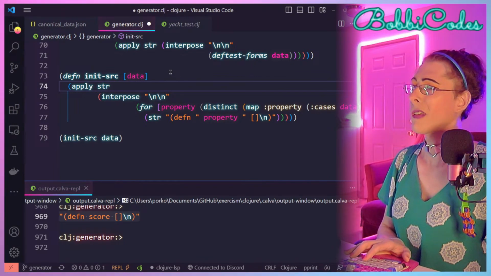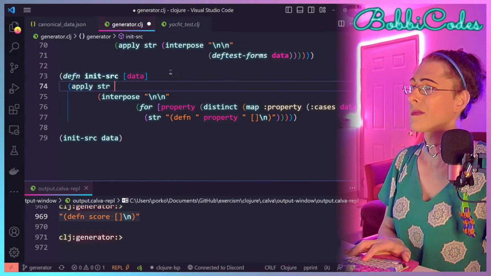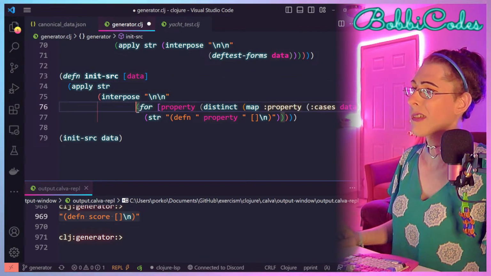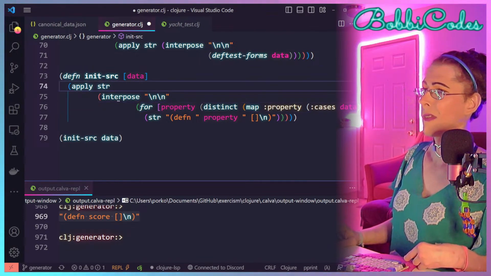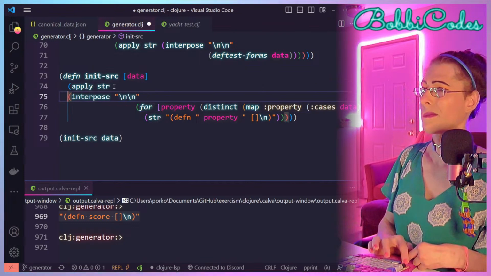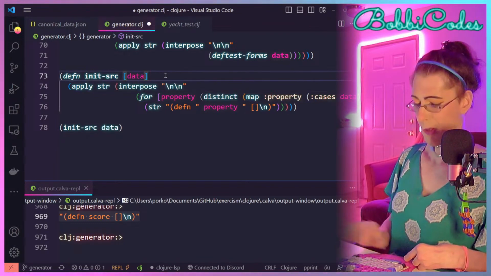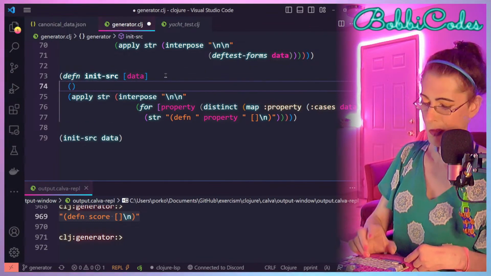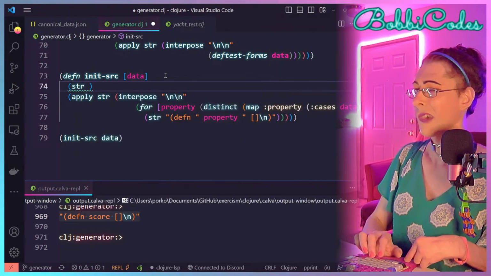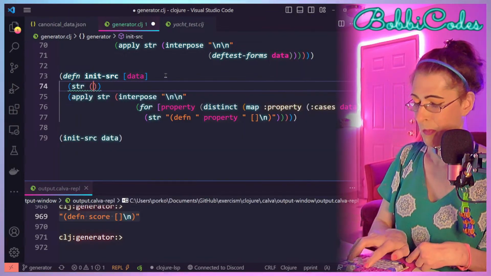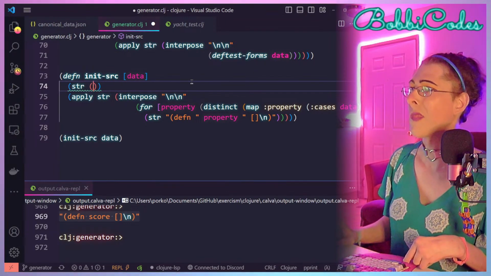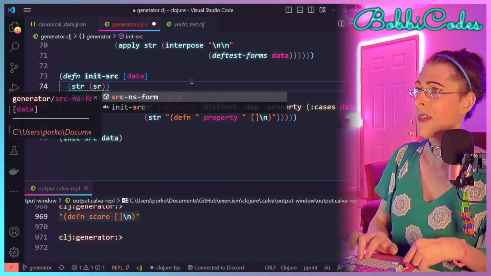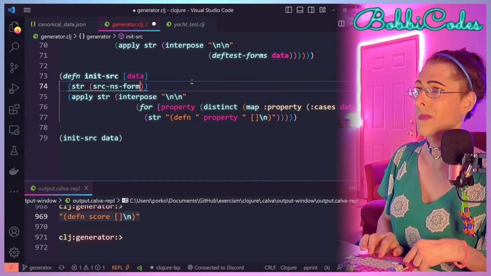Let's see. So that's our sequence. I can just put that here. So we'll say concatenate that with, what's the name of the function? It was src ns form.